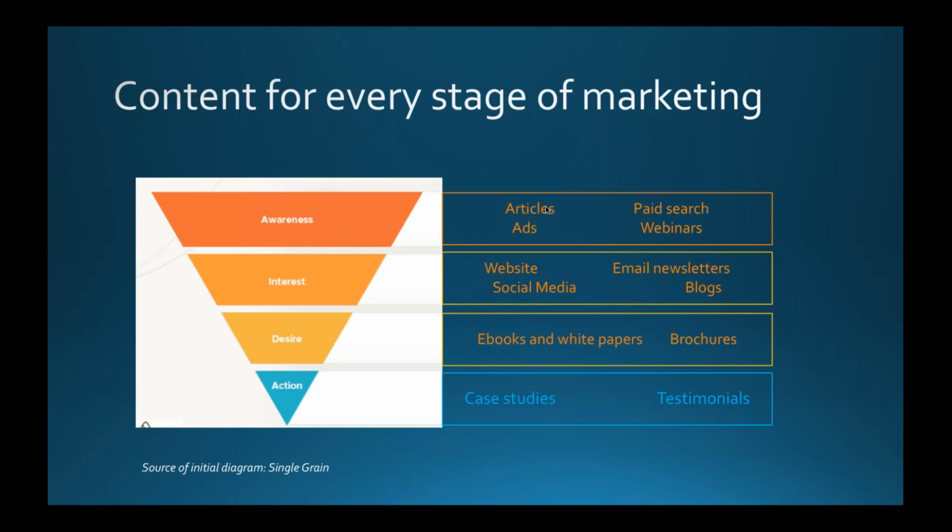So when you're at the awareness level, this is when a customer or prospect is experiencing a pain point, but they haven't quite recognized yet the specific problem that they're trying to solve, right? So there is something wrong, but forget about looking for solutions. They're not even sure yet what the specific problem is, right? And they probably need help in being able to identify and pinpoint what is that specific problem that I'm trying to solve. So some of the tactics that you can use to help at the awareness level are articles that you can write,